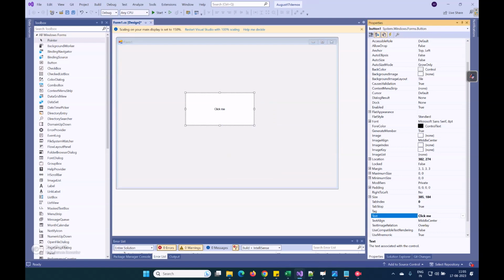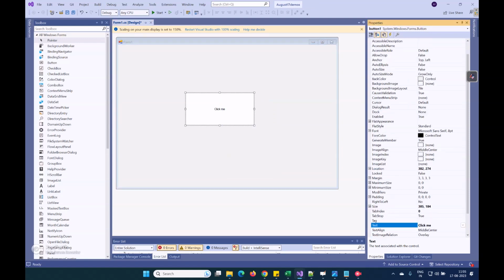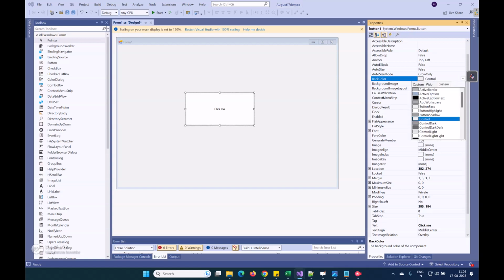I want to change the background color of this button. Okay, right click on the button, again properties. Here in the properties, back color is there. Search here for back color. Go to custom and in the custom apply some color. Back color property, custom, apply any color of your choice.